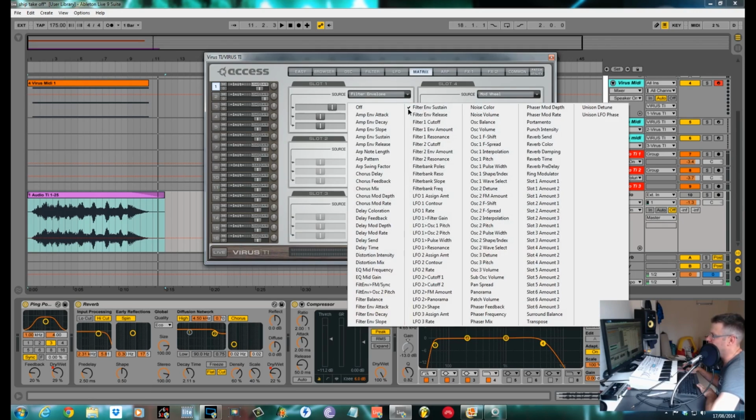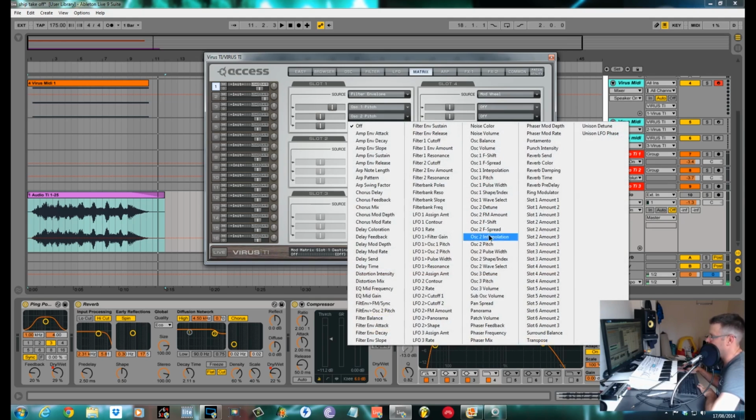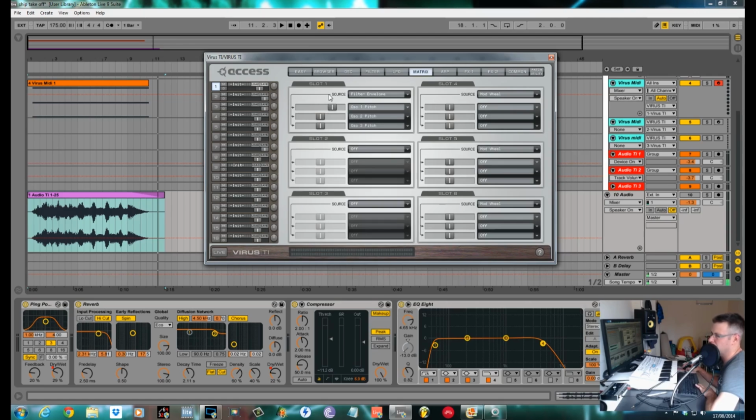Oscillator 1 pitch, oscillator 2 pitch, and oscillator 3 pitch. So the pitch of all 3 oscillators. Oscillator 1 and 2 pitch are pretty much identical. I had them on about +6 or +7. And oscillator 3 pitch I had slightly higher, about +16. That gives it that rising effect, which gives you the sense that it's taking off and moving further away